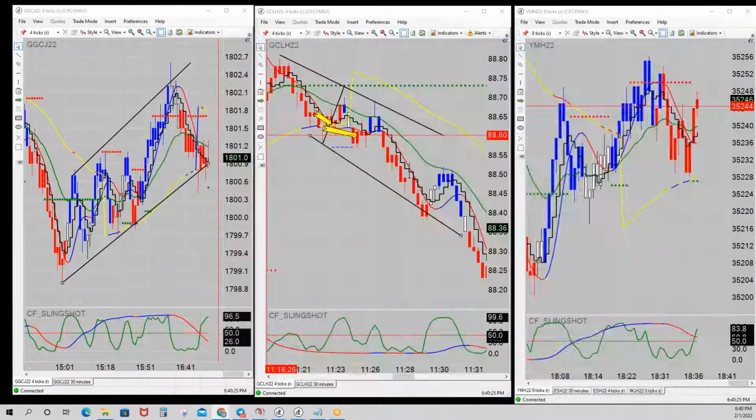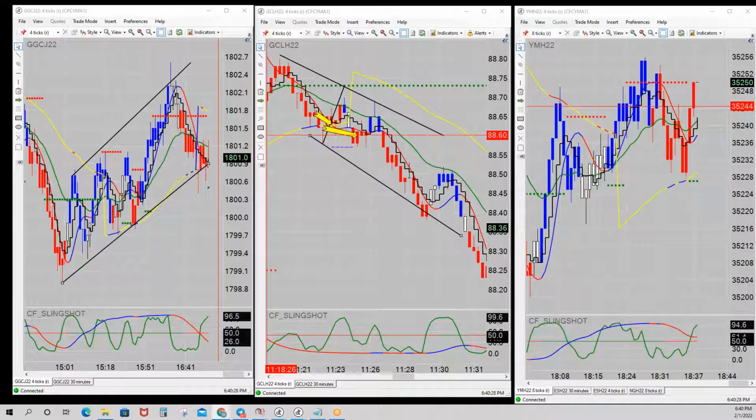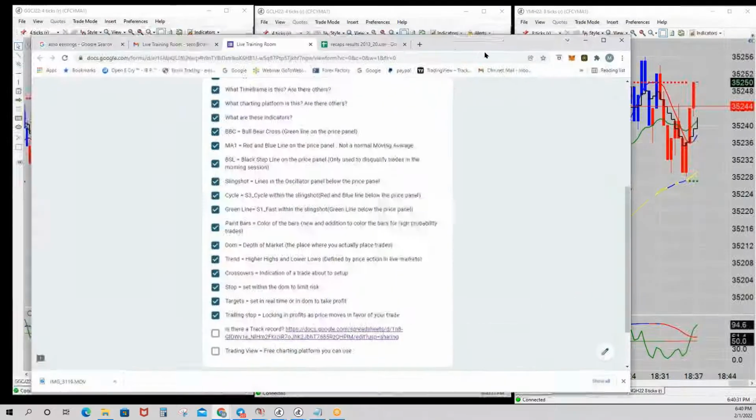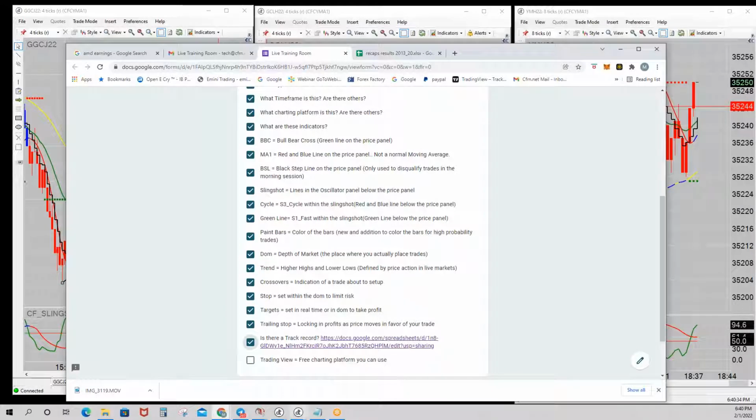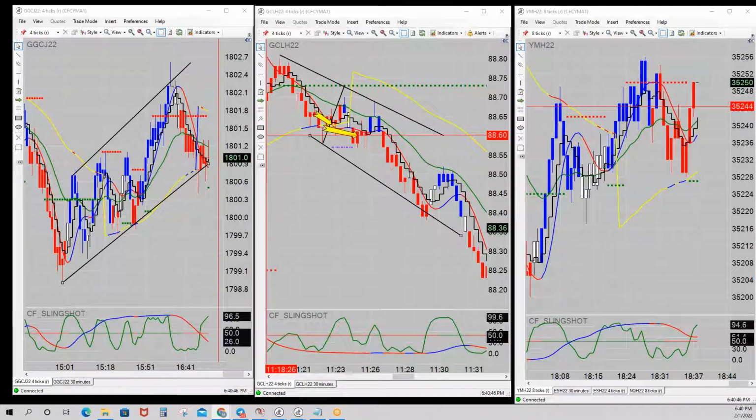But that's the checklist. I think I finished the whole checklist there. Let me just check and see. The TradingView, that's what I didn't do. All right, now the TradingView charting platform, that is for anybody to use. I mean, if you're already one of the partners, and TradingView is relatively new to us, all you have to do to get TradingView is go out to